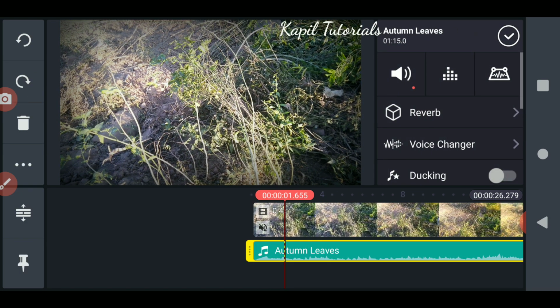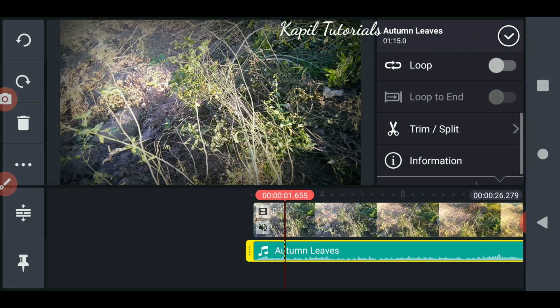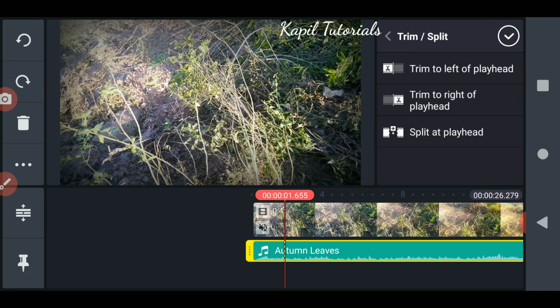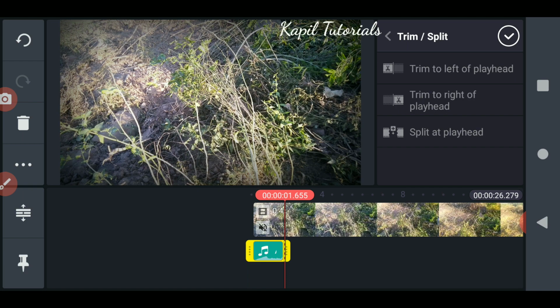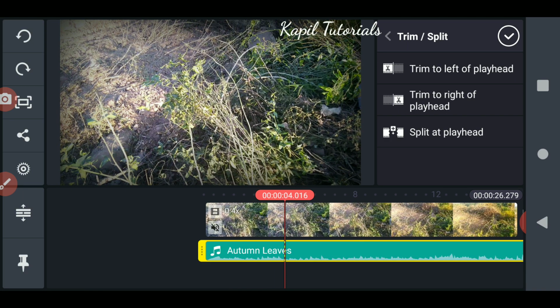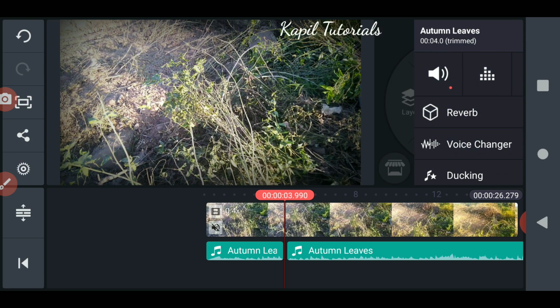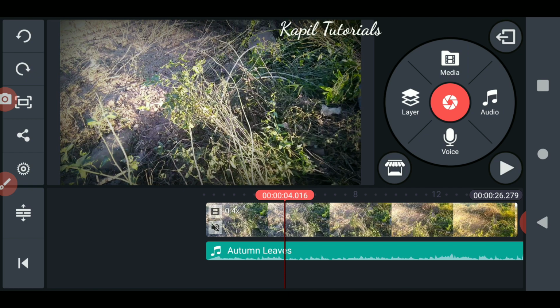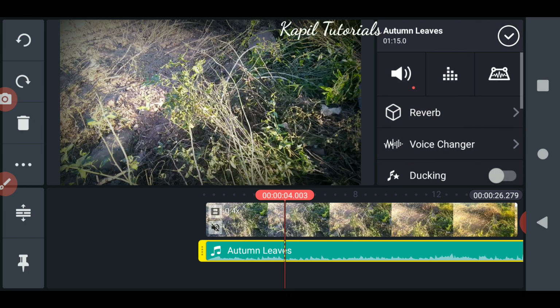In the same way, trim to the right of the playhead. I hope it is clear what I'm doing. Then split at the playhead. So now it has converted into two audios. That was just for demo purposes.